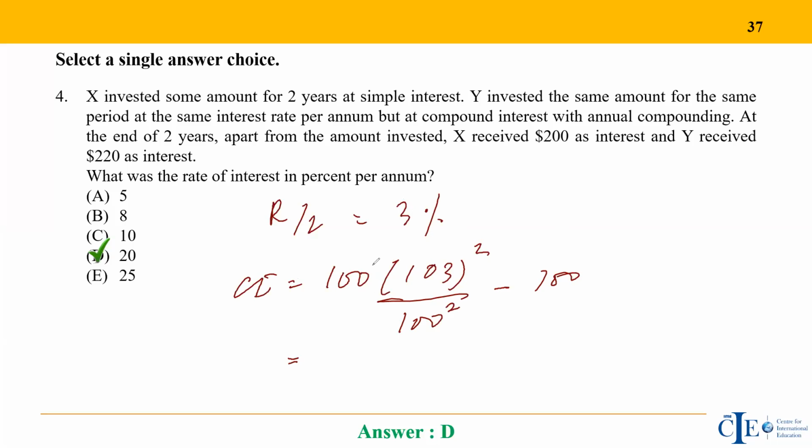So that is 100 cancelled over the square. This is 106.09. 103 squared is 3 square 09, and 103 plus 3, which is 106, divided by 100, 106.09 minus 100. So the interest part is 6.09. Okay, so on 100 at the rate of 6% half yearly, you're going to earn an interest of 6.09.